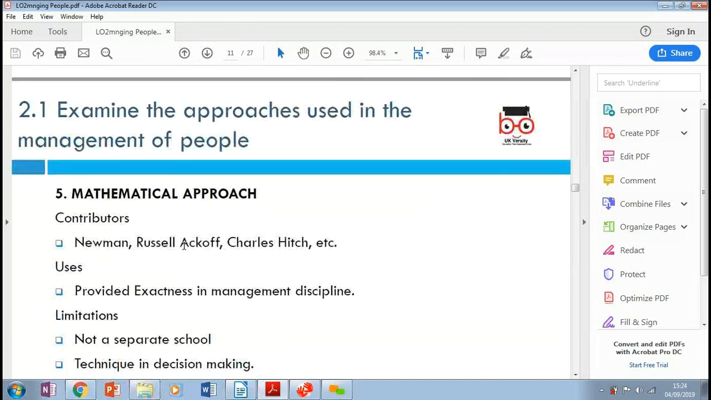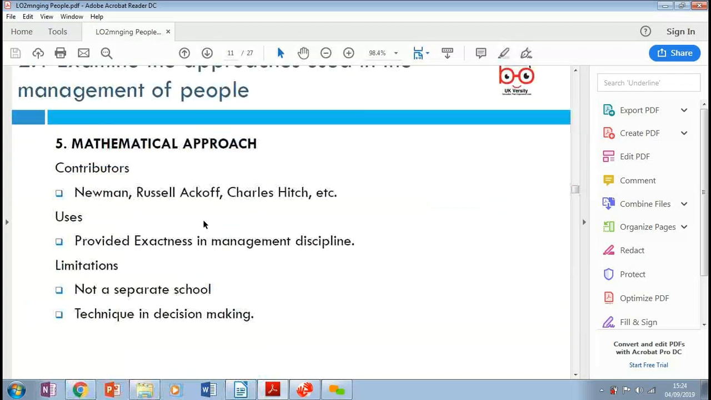Okay, Newman, Akov, Russell, you can go into that if you want to. It's obviously under the umbrella of scientific management. Okay, so